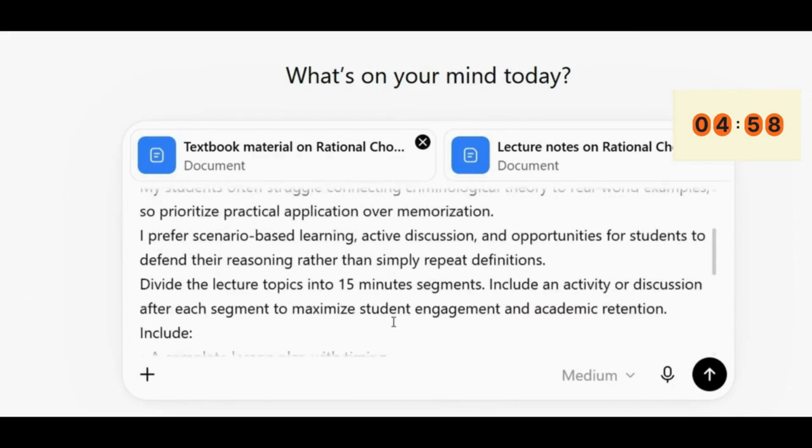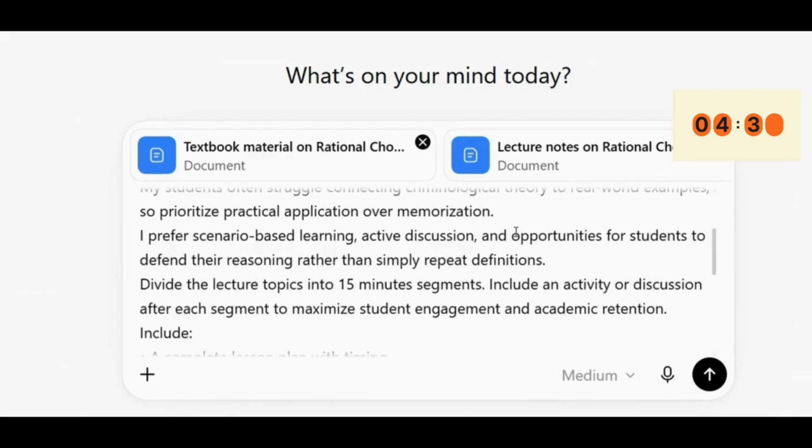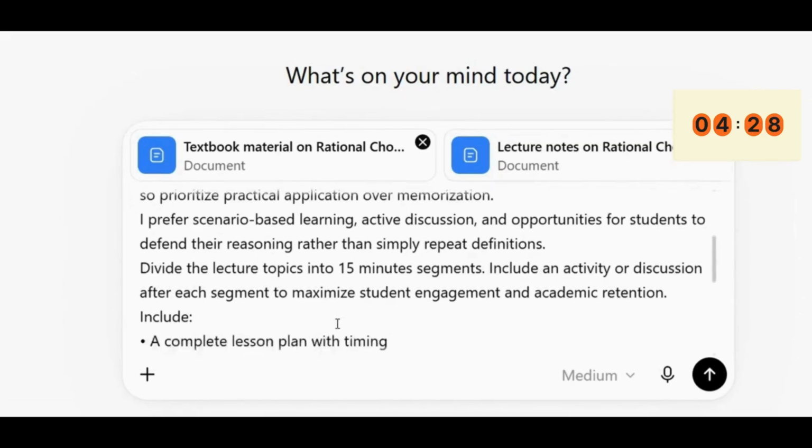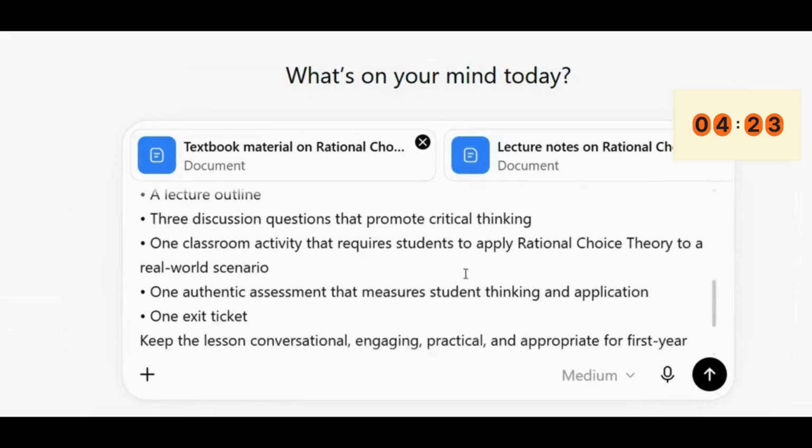Now, notice I'm not just asking for a lesson plan. I'm telling the AI who my students are. I'm grounding it up here by adding my textbook and my lecture notes. You could add objectives. You could add your assignments that you're planning on giving. I'm telling it how to teach, like I prefer scenario-based learning and active discussion. And I'm asking it to create a lesson plan, a lecture outline,